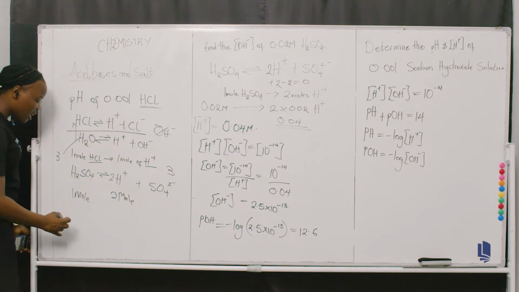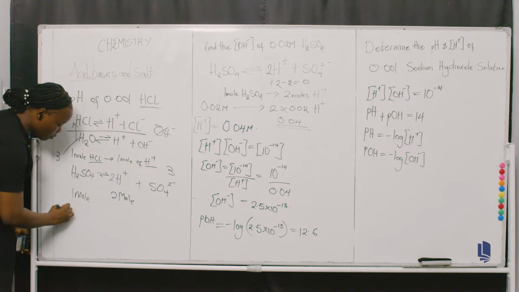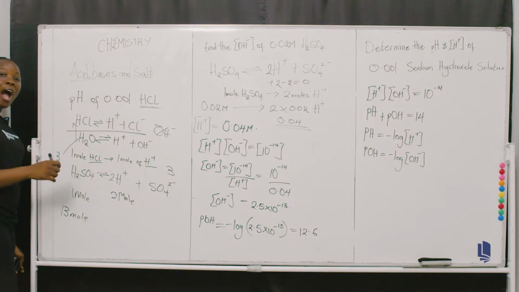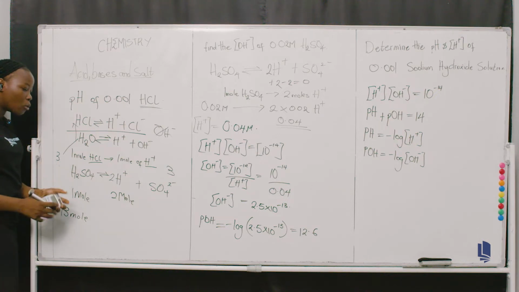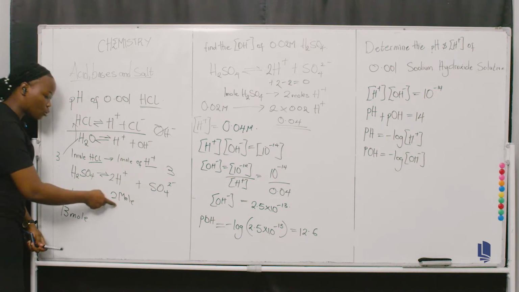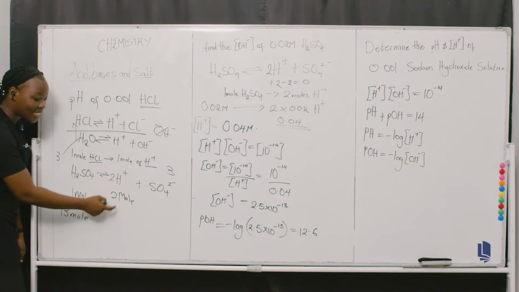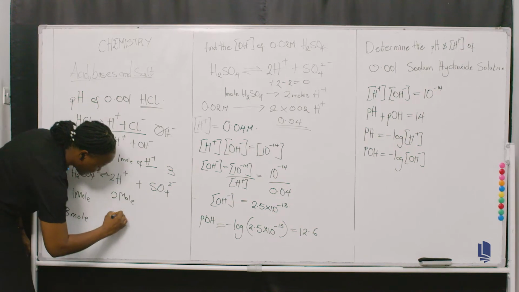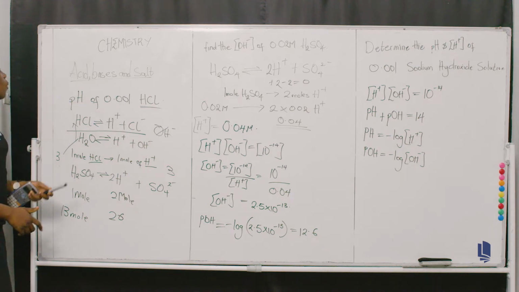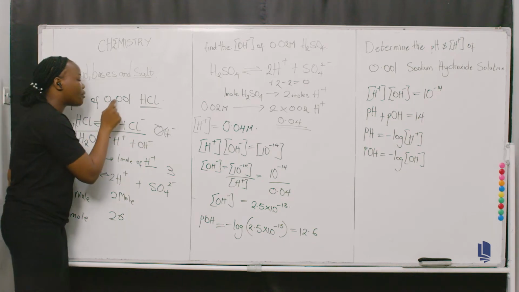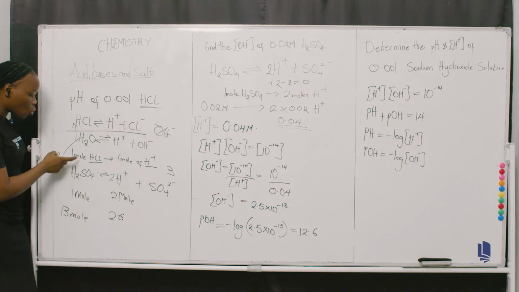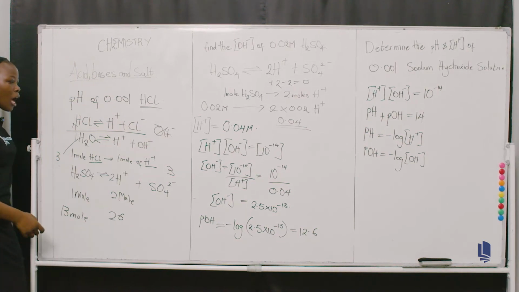So if I'm asked, if given 30 moles of H2SO4, how many moles of hydrogen ion would I get when I ionize it? Since it is ratio 1 to 2, it would be 13 times 2, and this is 26. Are we good? And so the question says pH of 0.01 mole of HCl, and I know it is ratio 1 to 1. And so I know that